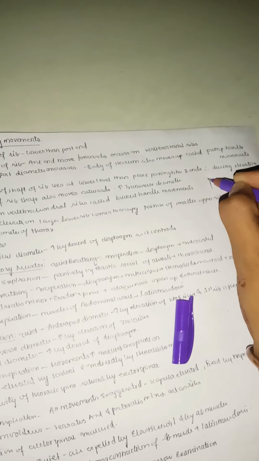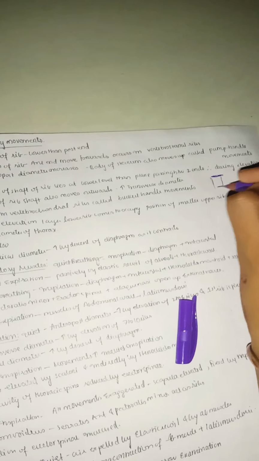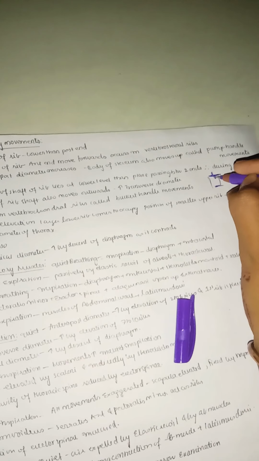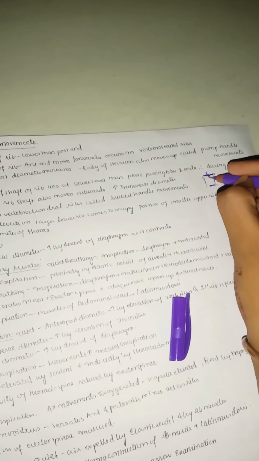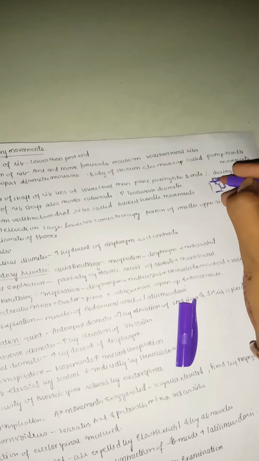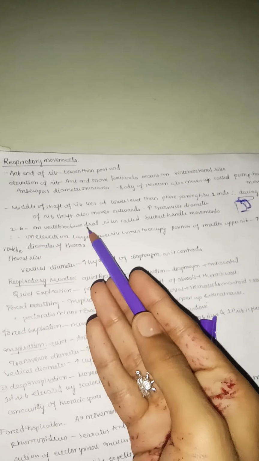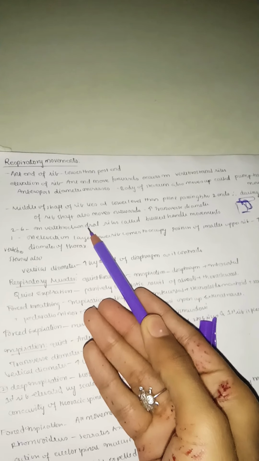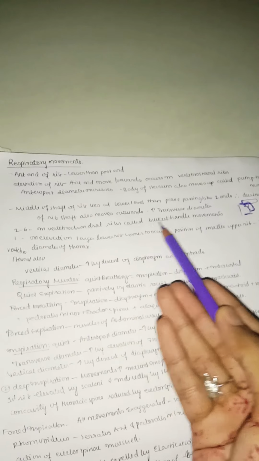So for example, I will show this one. This is a bucket. These are the hooks of the bucket. Think this is the anterior end where the sternum is, and the posterior end where the vertebrae are located. This is the handle of the bucket. First the handle of the bucket will be like this, but later it increases like this. Because of this, as it is elevated, there is an increase in transverse diameter. Especially it is seen in vertebrochondral ribs, and this is called bucket handle movement.